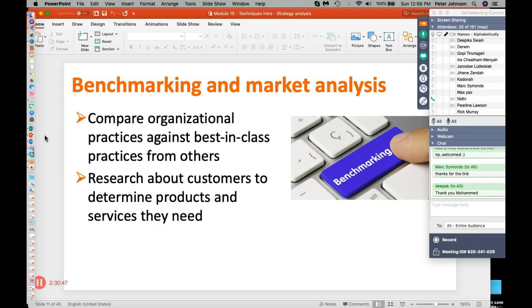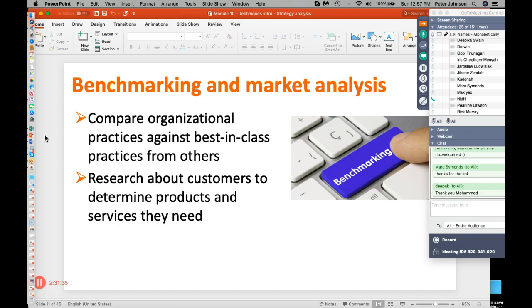Now, I could benchmark against another group, I could benchmark against another industry, I could benchmark against another company, whether they're a competitor or not. I can benchmark against some industry standard. I can benchmark against anything, but the point is I have something to compare what I'm doing to whatever that benchmark is doing. And so benchmarking, you can see, is another way to help understand current state, future needs and requirements, where is the gap, how big is the gap, and could help me provide motivations for some particular change. Market analysis is closely related,